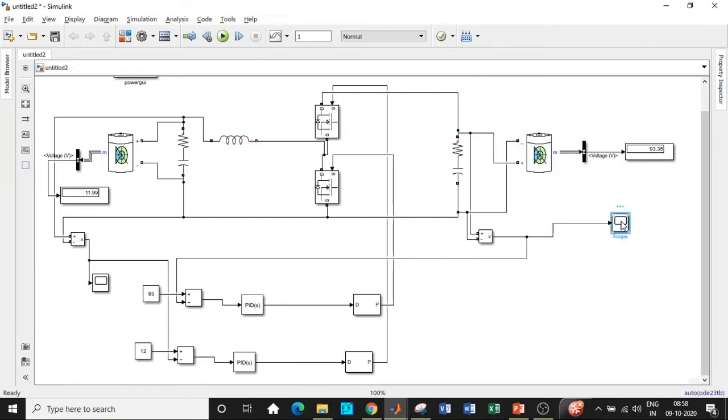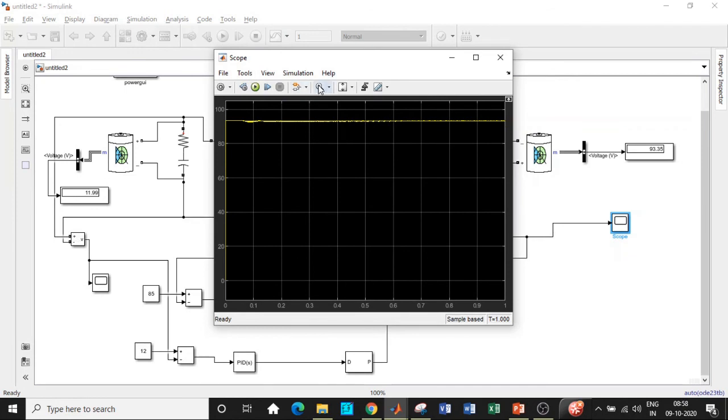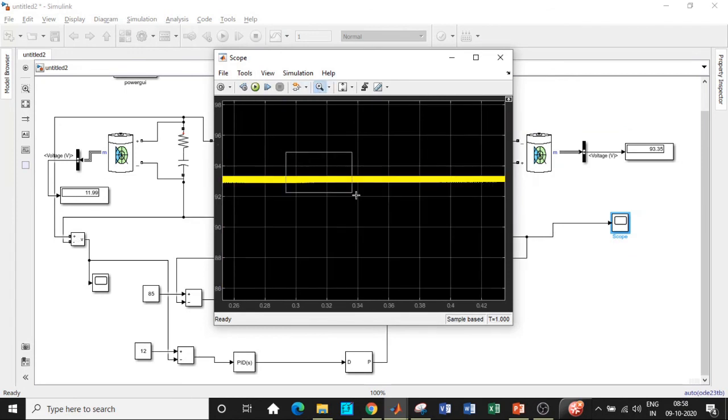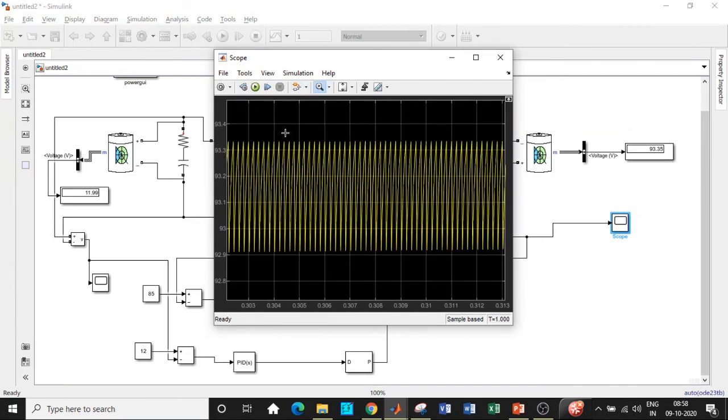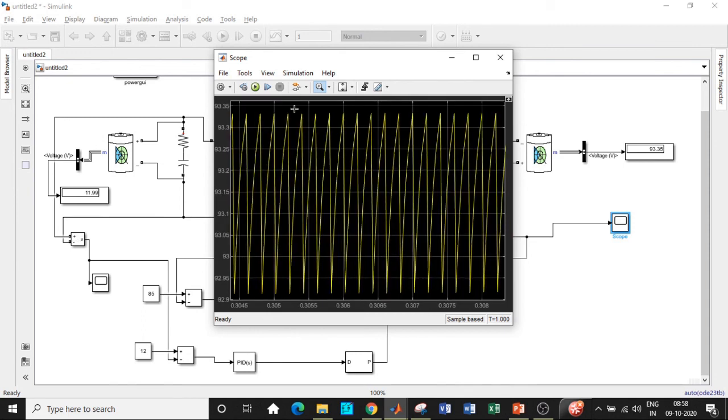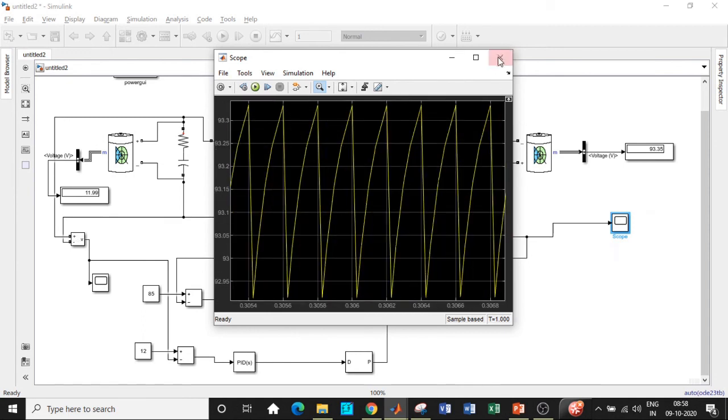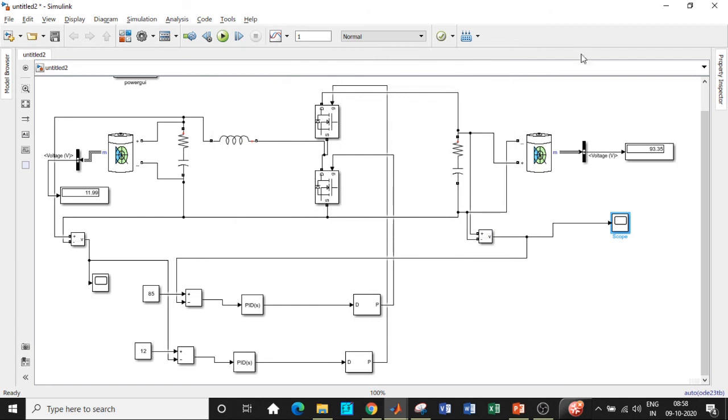Let us double check by seeing the output waveform. So this is the output waveform that we're getting, and it is constant. You're getting a lot of ripples, but you can further reduce this by using suitable value of capacitor. So you're getting buck boost operation over here, and if you carefully observe, you're getting 12 volts. So the battery is getting charged to a voltage of about 12 volt, and buck operation is also obtained.